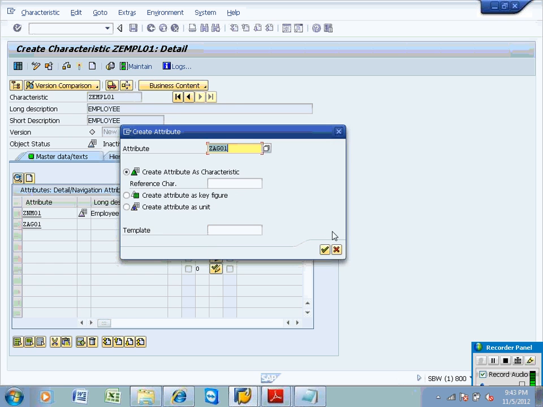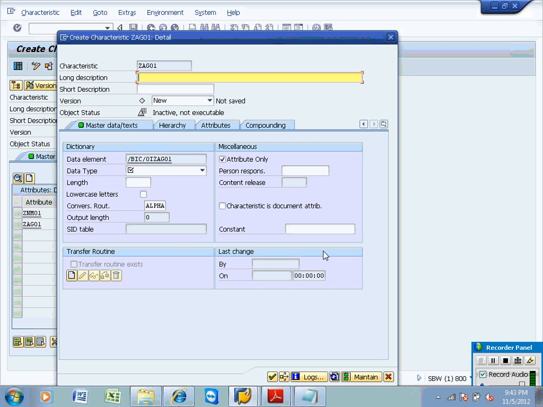Employee age, and length 2 is enough, correct? So if I create attributes something like this in the employee, then you are going to establish this kind of table within the employee info object.